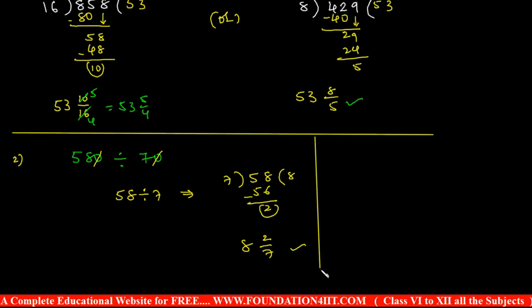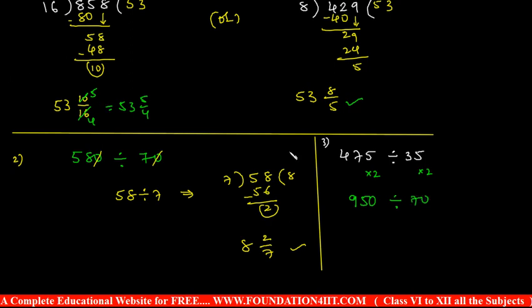And both are multiples of 10, right? Or else both are multiples of 5. For example, take 475 divided by 35. 475 and 35 are ending with 5, but we should not cancel the 5s. Only when it is a multiple of 10 should we cancel. In this case what we can do is multiply both sides by 2. Multiplication with 2 is simple; we are already perfect with single digit multiplications. 475 into 2 is 950, because 400 double is 800, 75 double is 150, 800 plus 150 is 950, and 35 into 2 is 70.